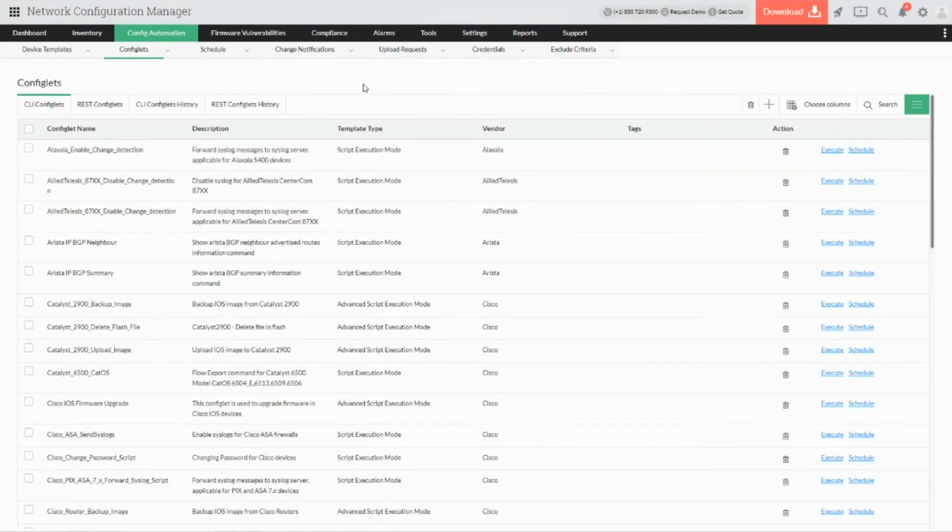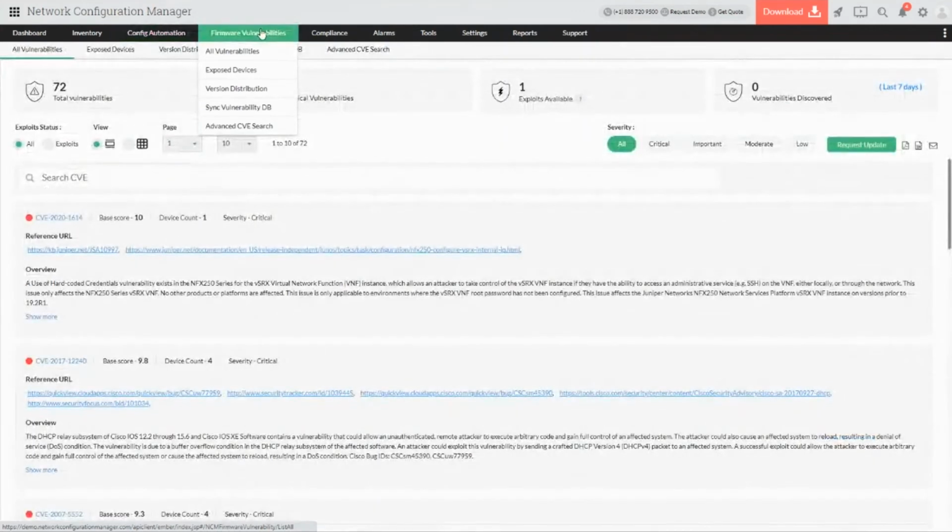And likewise, when we talk about firmware vulnerabilities, nowadays the firmware versions which we use on individual routers have vulnerabilities being published on different vendors' sites. So when we have a multi-vendor environment, maintaining these vulnerabilities and firmware is going to be difficult. So this is where NCM is going to give you a helping hand. As NCM is a multi-vendor product, as soon as you add your network devices to the product, we would be able to get the firmware vulnerabilities based on the live information available on the vendor sites, and we'll be displaying it on the UI as well.